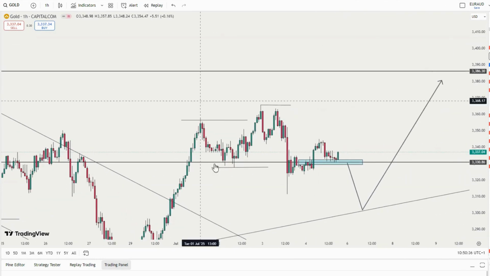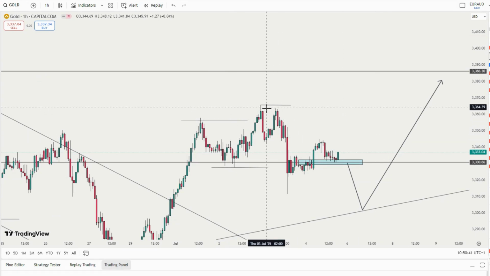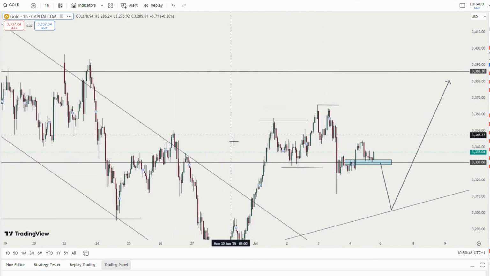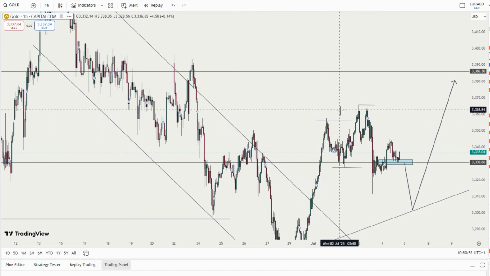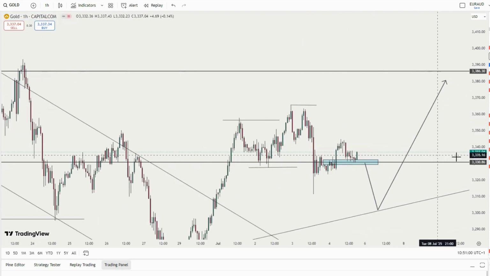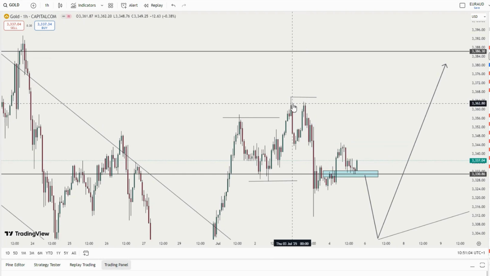So that's what I'm looking at on gold next week: for price to invalidate this high, and then price will make a new high, because we start seeing this high taken out, and then we trace this one to take out this high. One thing that is not clear to me is that this high did not take out this high. So that is what is giving me concern now.